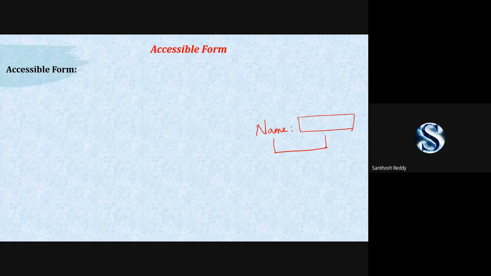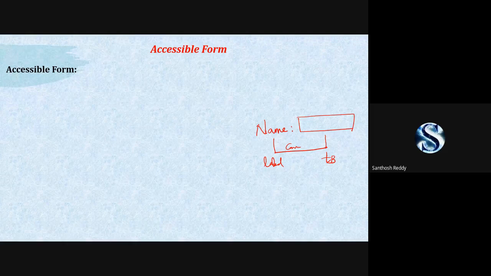Earlier, in the previous form controls I had shown, we don't have any connection between the label and your text box. Whereas in the accessible form, we are going to give a connection between your label and your text box.